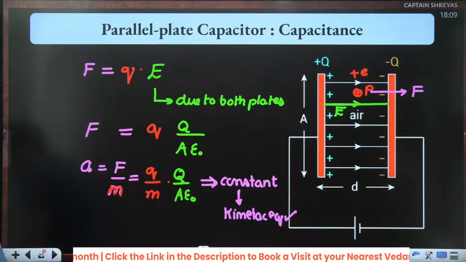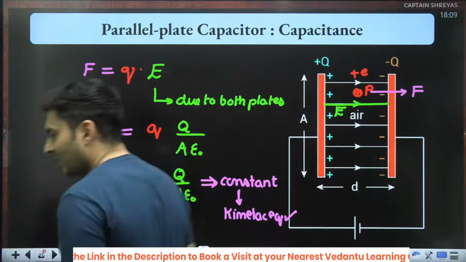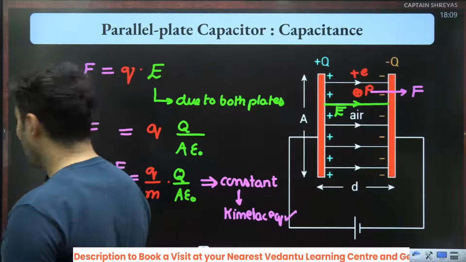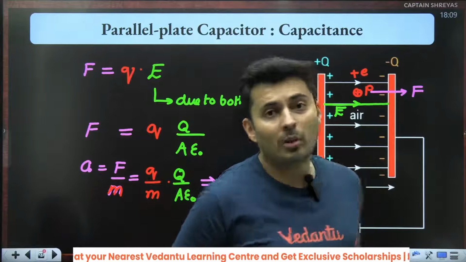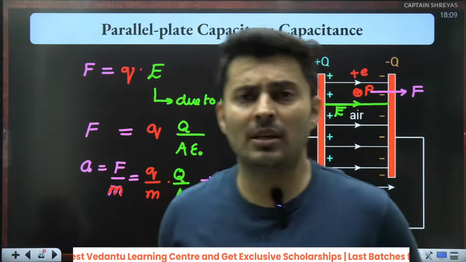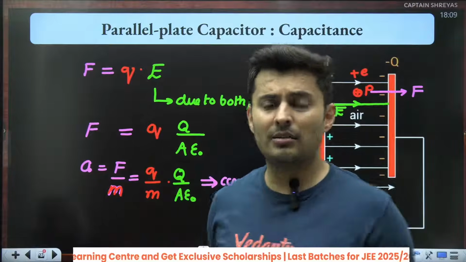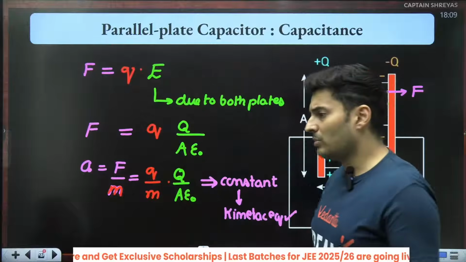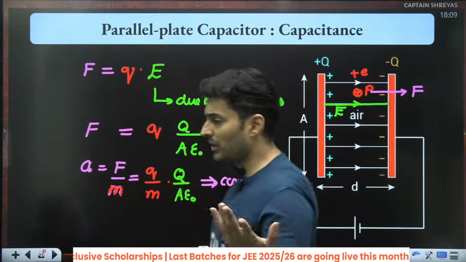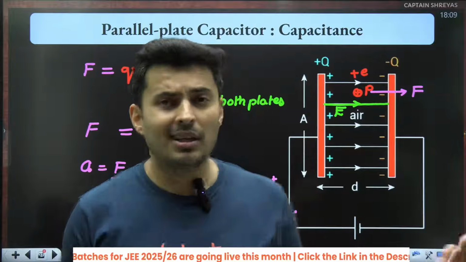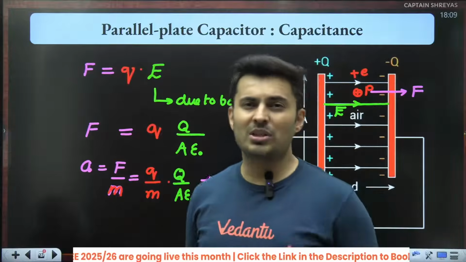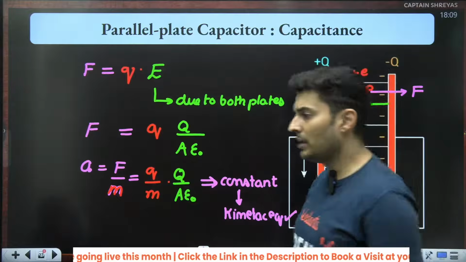PYQs plus mocks is enough for JEE Mains physics. Pujari, how many PYQs will you solve? Will you solve all the 10-year PYQs? If you solve that, probably even decently enough, because every year there are some 2 or 3 attempts. Some years there are 4 attempts also. Each attempt has some 6 to 10 or 12 shifts, and then so many questions. If we practice, it is decently good only.